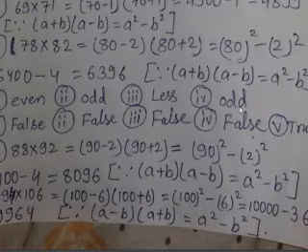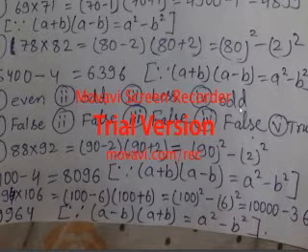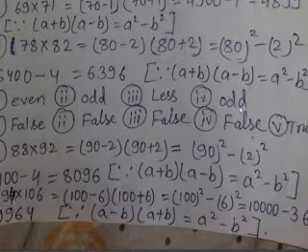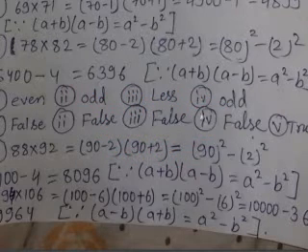Write T for true and F for false for each of the statements given below. If you will see the statements, first statement is the number of digits in a perfect square is even. That means what? The number of digits in a perfect square is always even. That means a perfect square number will be 2 digit or 4 digit or 6 digit. But we know 169 is a 3 digit number also, so it is not true, it is false.